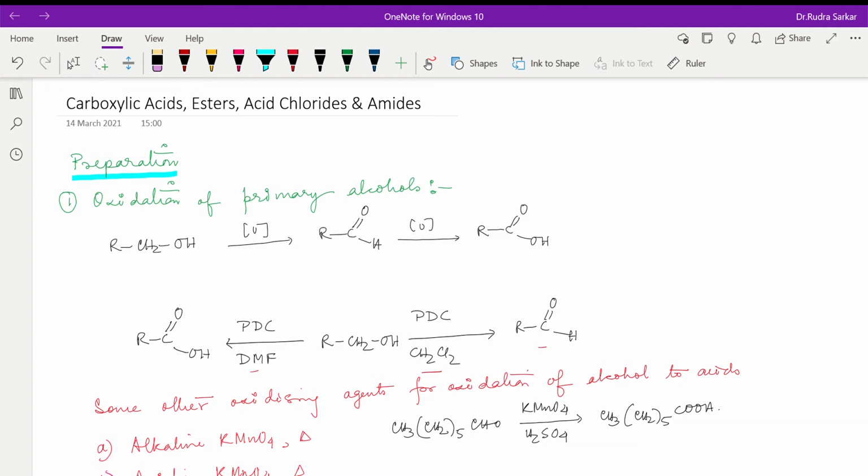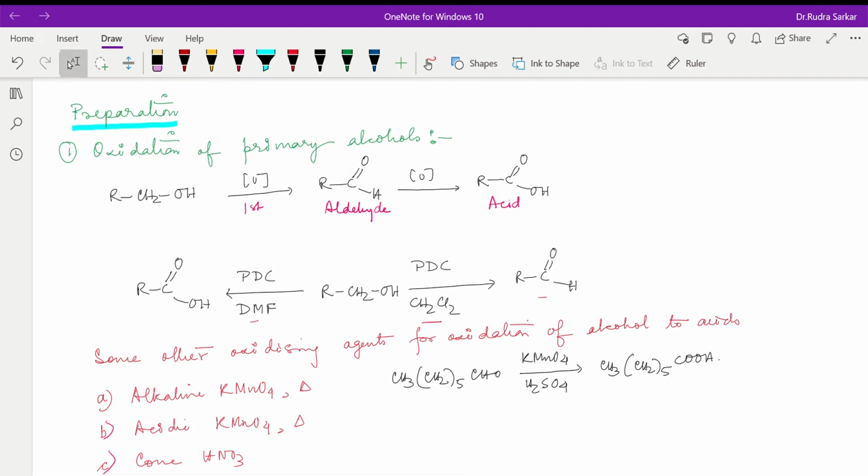So initially in the first step, they will form the aldehyde, which on further oxidation will go to the acid. Okay. Now we have previously seen that when primary alcohols, these are primary alcohols,